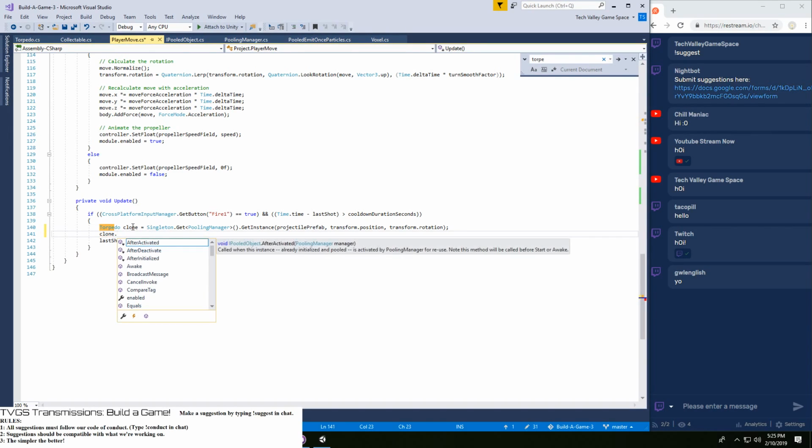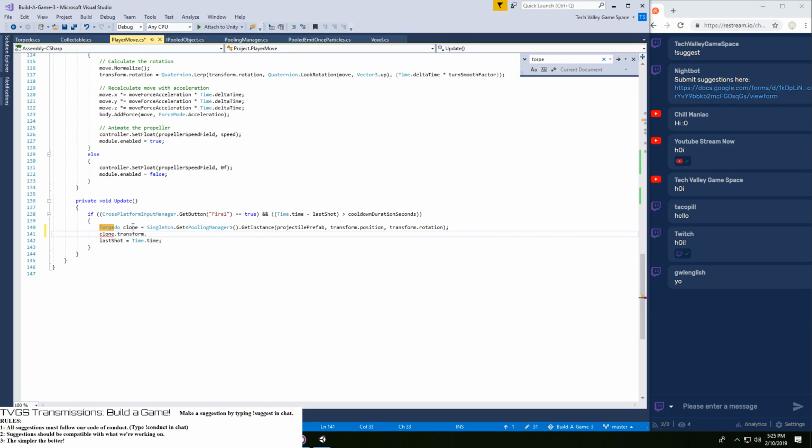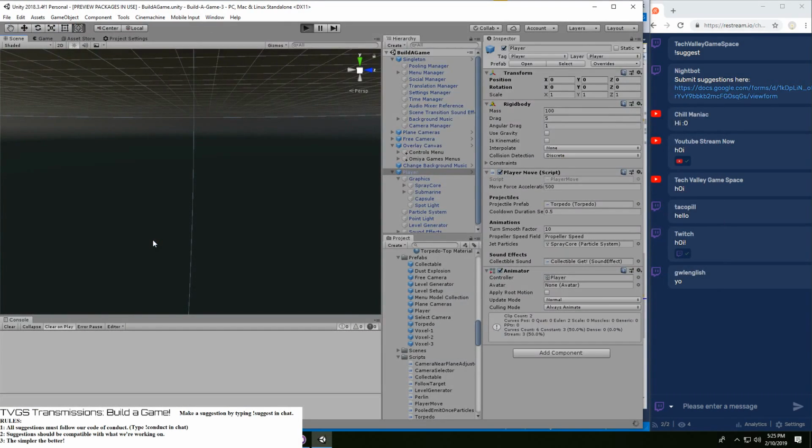that position is where this is, and its rotation is also where this is. Shouldn't have to do this, but whatever.